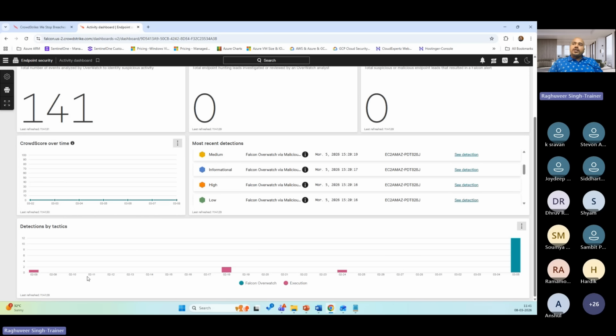Then comes detections by tactics. Now there are three terminologies that we use as part of the MITRE framework, which are tactics, techniques, and procedures, TTP. Tactics are methods adopted by threat actors to spread a cyber attack or to execute a threat. That's what tactics is. For example, if I'm a threat actor and if I want to get your personal data,